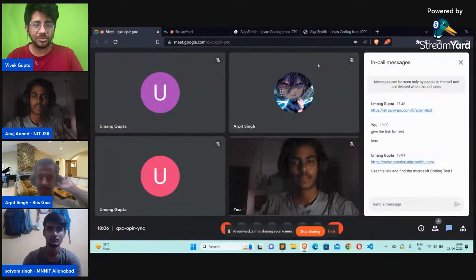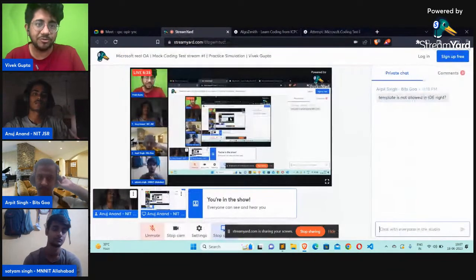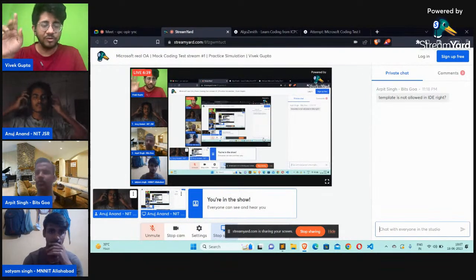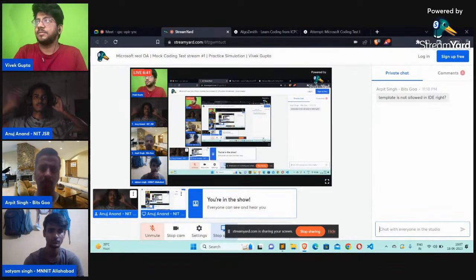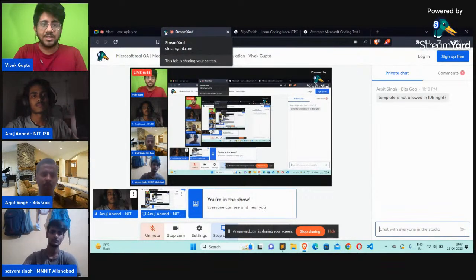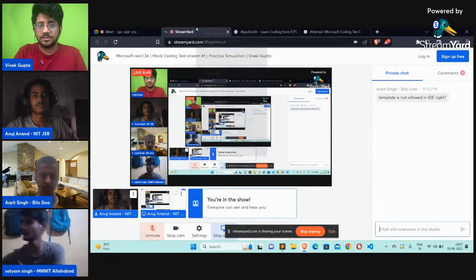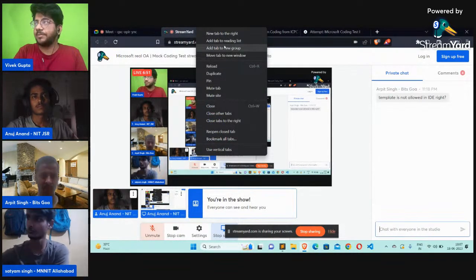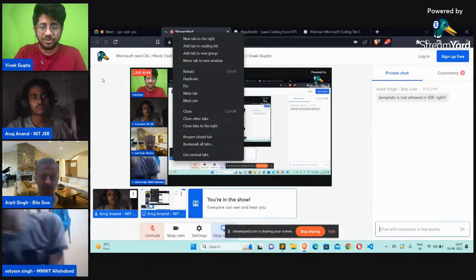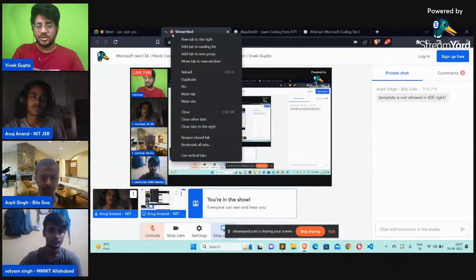You can also mute the tab of StreamYard at the top of the Chrome window: right click on the tab and you will see the mute tab option. In that case you will not hear me anymore. So that's the setup, guys.